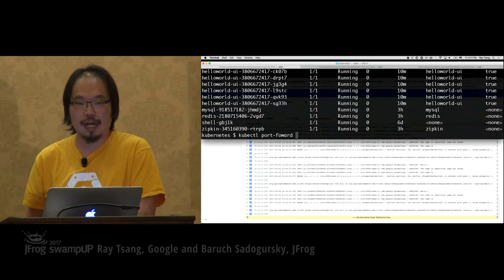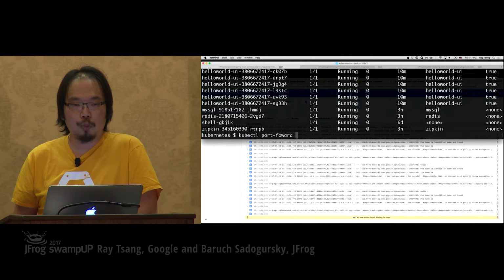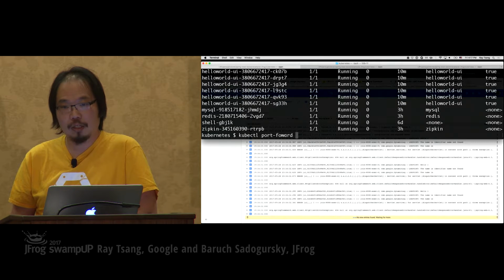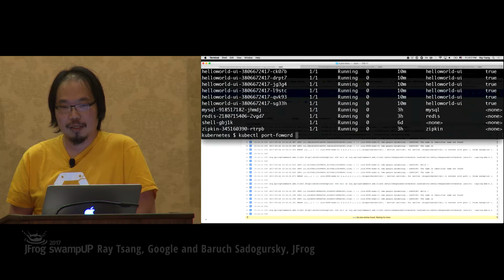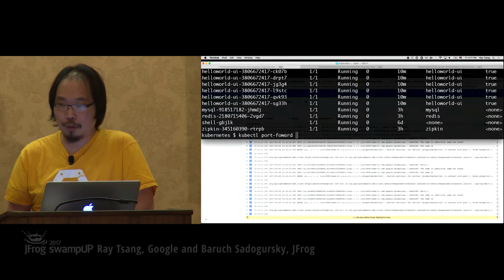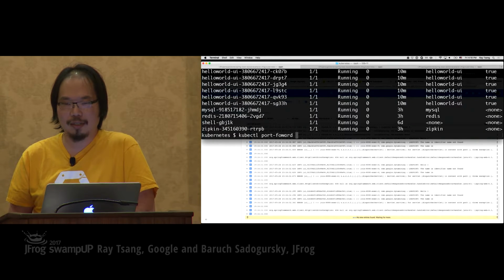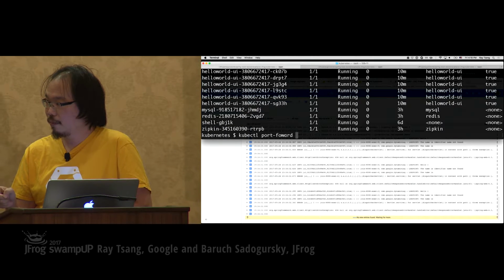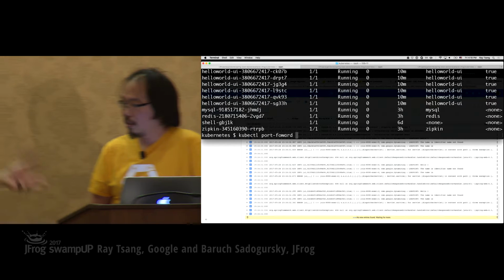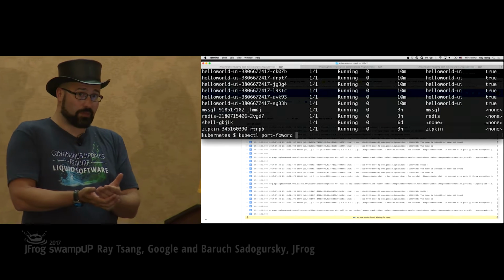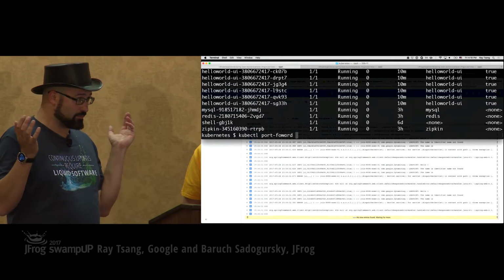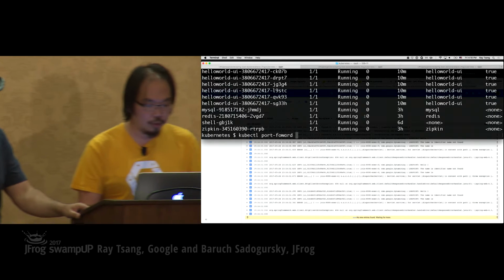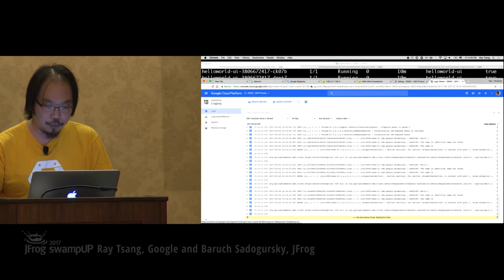But what is the problem with that? When you put in a breakpoint, it's called a breakpoint for a reason. It stops the code. As the traffic is coming through, your users are not going to get any response until you say continue. You just connected a debugger to the live code, put a breakpoint, and you stop the world. So what we actually do is, with the same debugger, if we go back to the UI here,